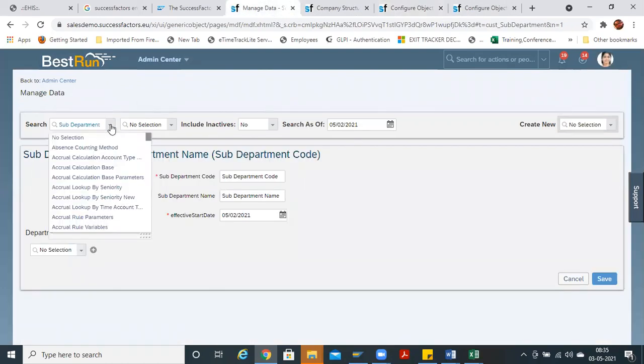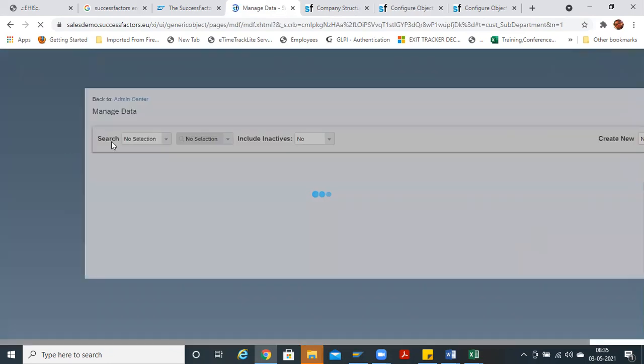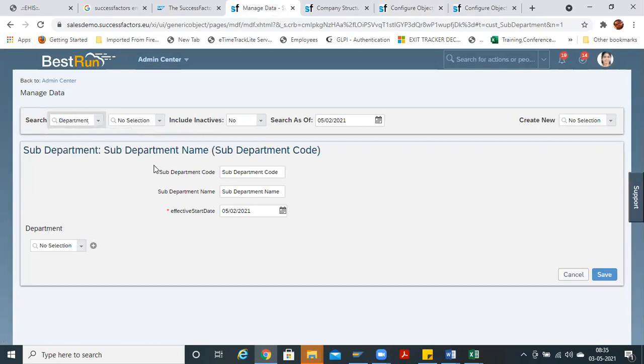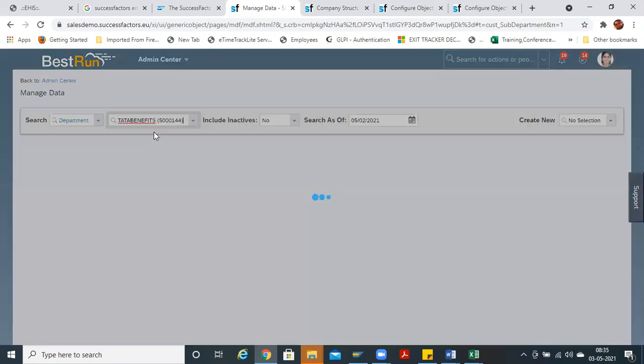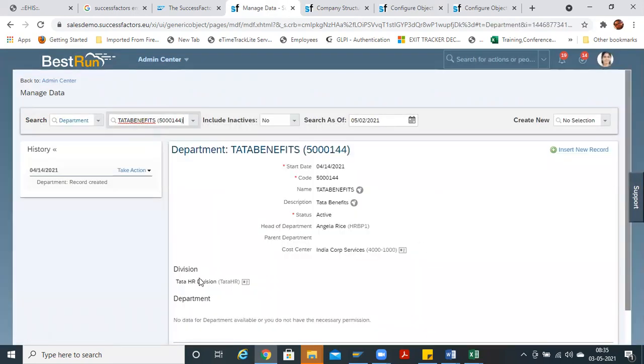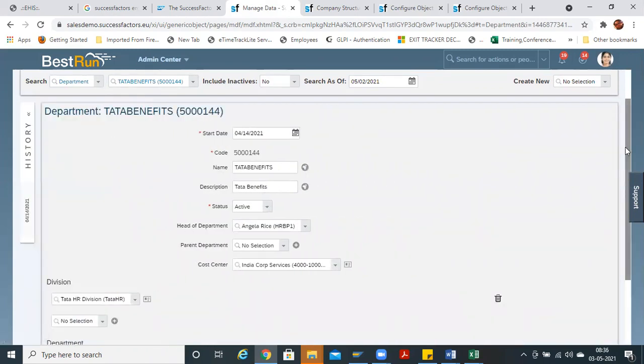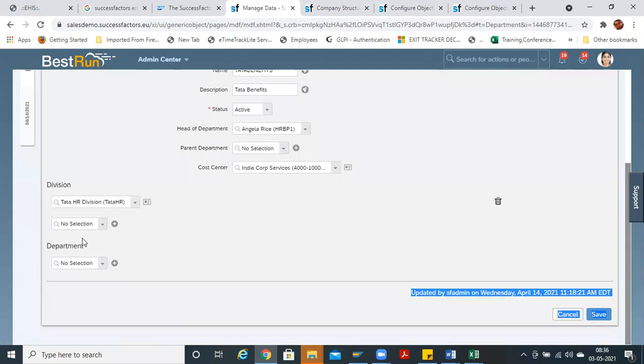So you can go to the manage data department. Data benefits. See, department is again associated with department. Got it now? Yes, sir, got it. Like that, you can just make your custom associations.